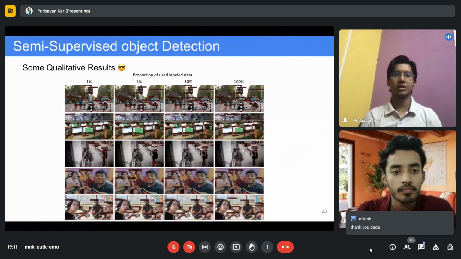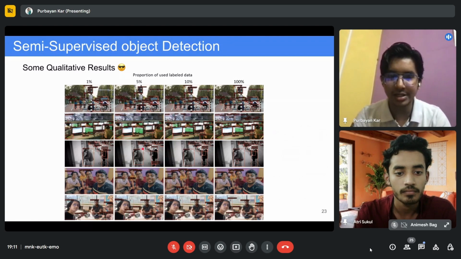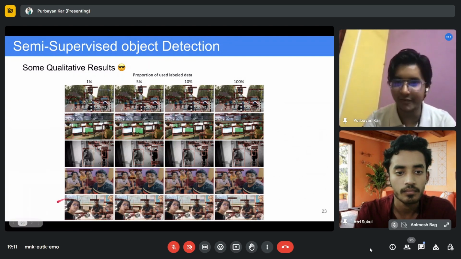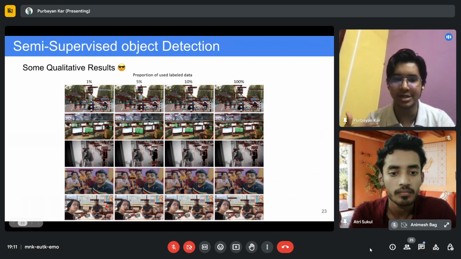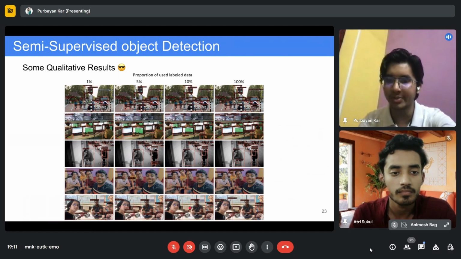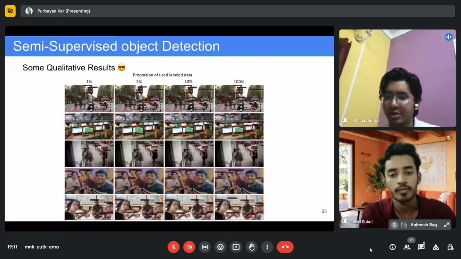Now let me show you some qualitative results. Very interesting results we have. So in the very last row, this is me with my friends. This photo was taken at Domino's in Jalpaiguri in my final year. So if you see how capable the model is, it is predicting perfectly that we are humans.